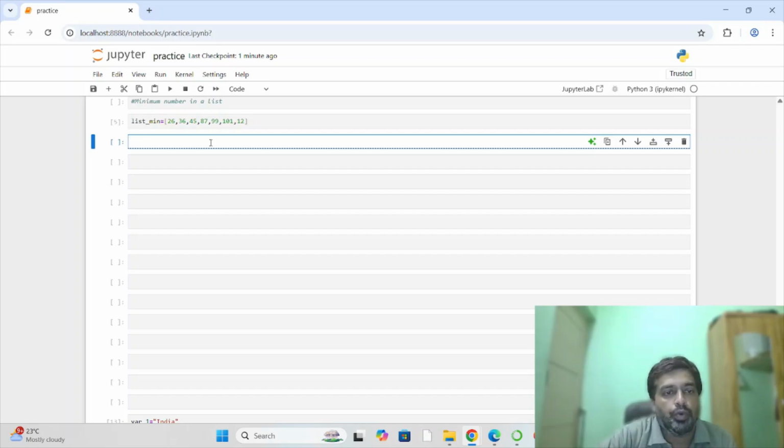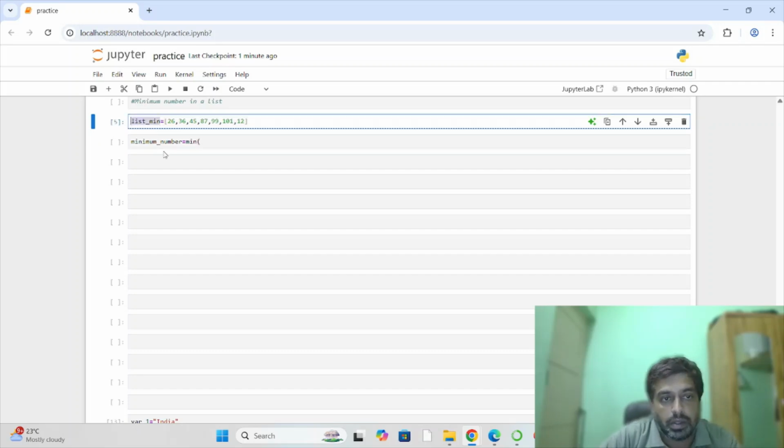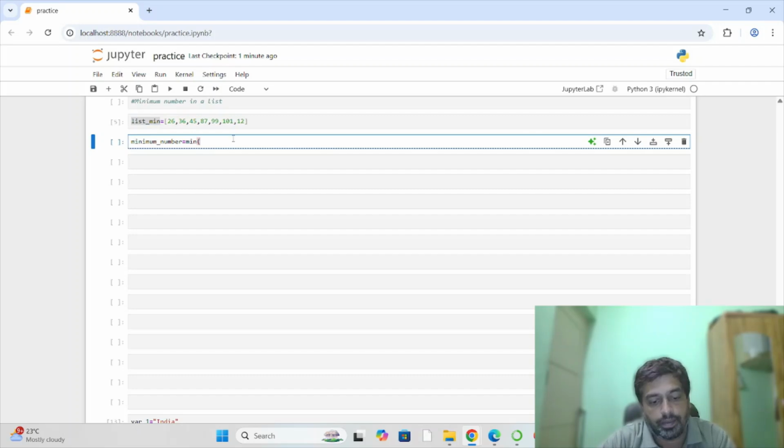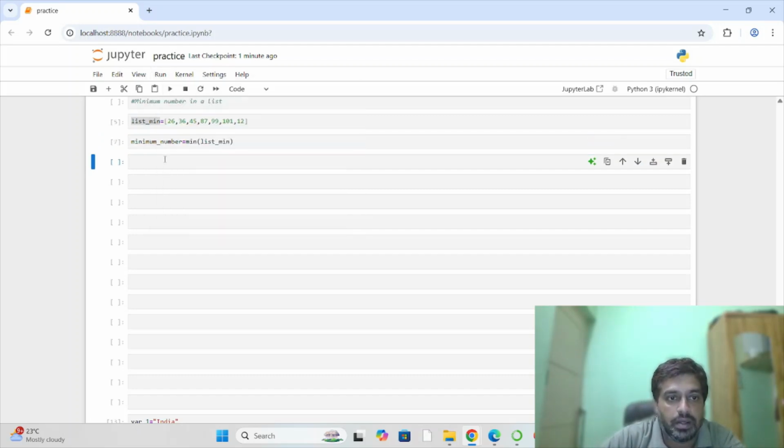So now we have to find the minimum number in a list. So for that, minimum_number is equal to minimum of this particular name of the list. Now let's try to run this particular cell,